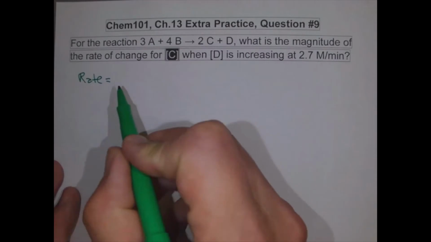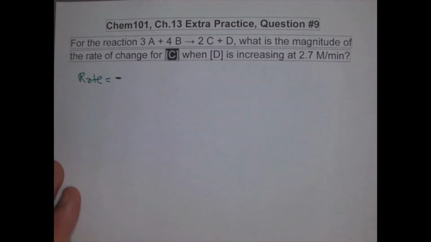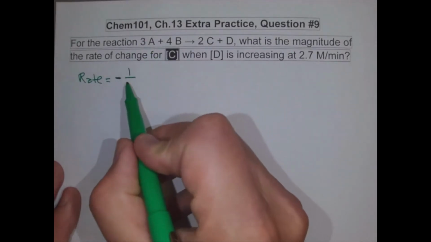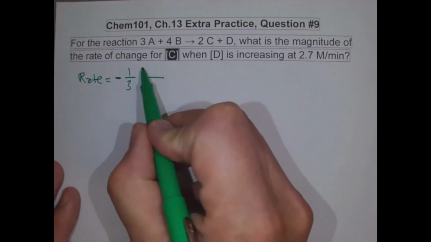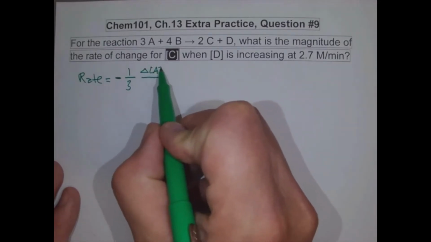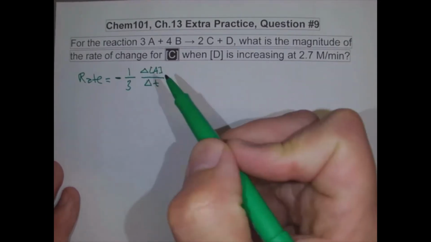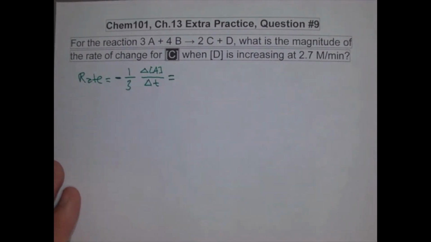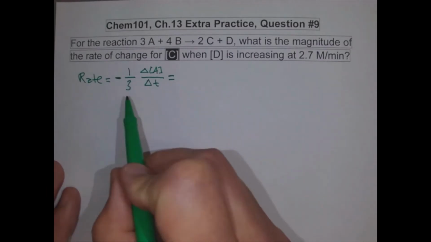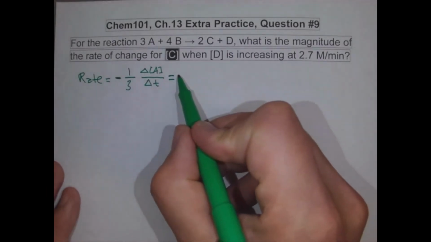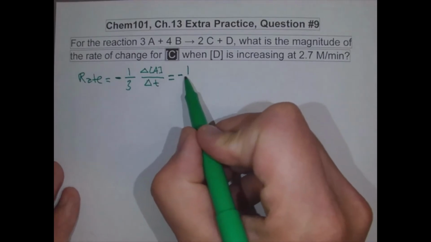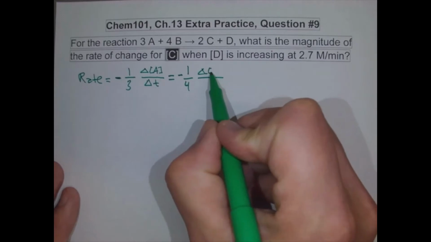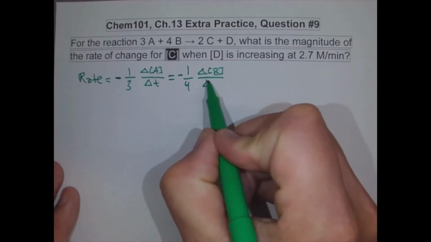In terms of A, because A is a reactant, it's going to be negative, and because we have to normalize it, we go 1 over the coefficient, which is 3, times the change in the concentration of A over the change in time. Now if I were to write it in terms of B, it's the same rate, but it's in terms of B instead of A. It's also a reactant, so it's negative, 1 over the coefficient, which is 4, times the change in the concentration of B over the change in time,